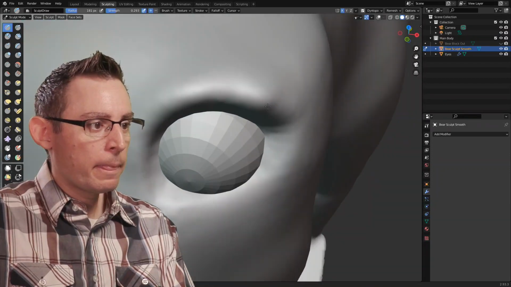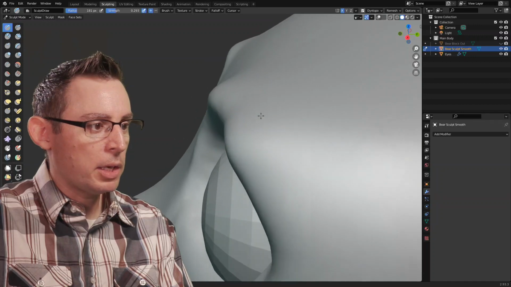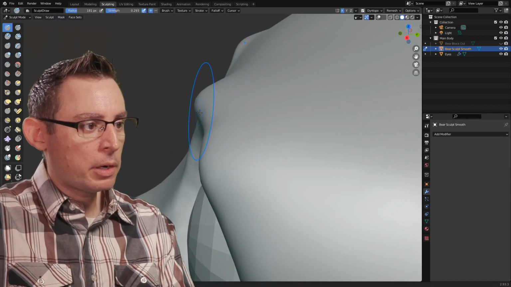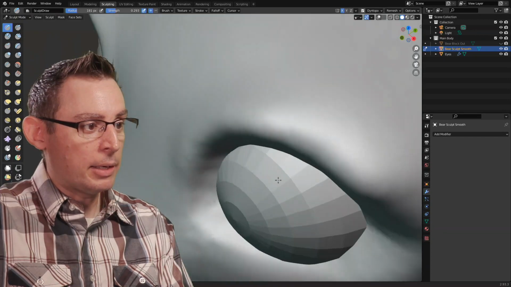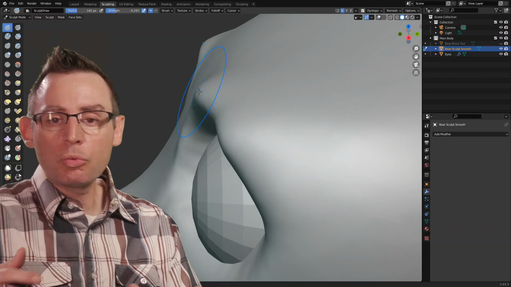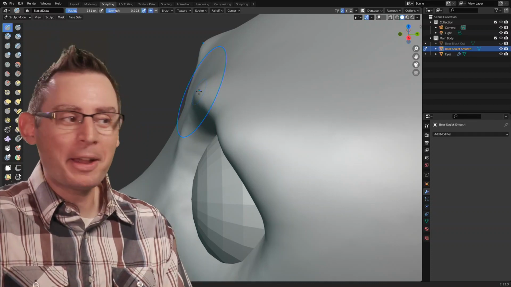Okay. Now, up here at the top, this is a great example of a problem that we often get into when sculpting. See how it's getting kind of lumpy? We have a big curve here, and then it goes back, and then it comes out again. Well, we want to change that. And there's a couple ways that we can change that. And there's no right way or wrong way. There's just your way. And whatever your way is, it's just fine.